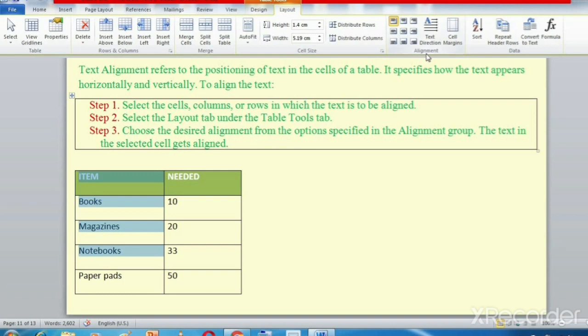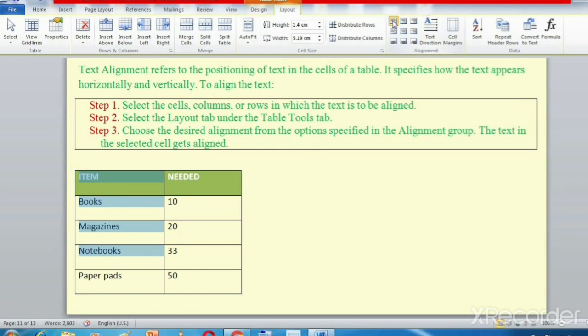In the alignment group, 1 2 3 4 5 6 7 8 9, nine alignments are given for text. The first option is Align Top Left. This is selected by default, so right now the alignment of the text in these cells is top left.